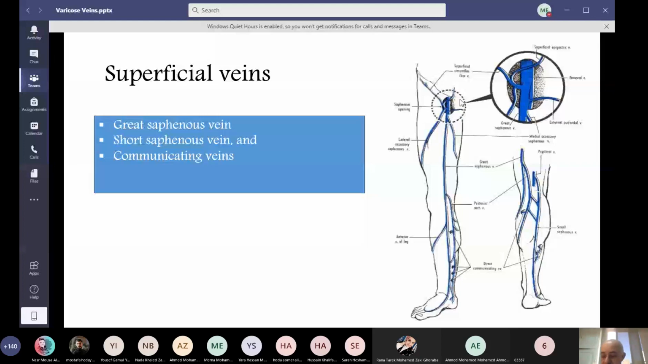The short saphenous vein starts as the lateral continuation of the dorsal venous arch of the foot, passes behind the lateral malleolus, and runs straight posterior in the leg until it reaches the popliteal fossa, where it ends in the popliteal vein. This site of communication is called the sapheno-popliteal junction, and it is also guarded by a valve that allows the passage of the blood from the short saphenous vein to the popliteal vein, and it prevents the passage of